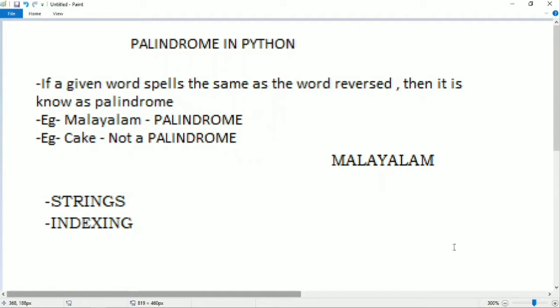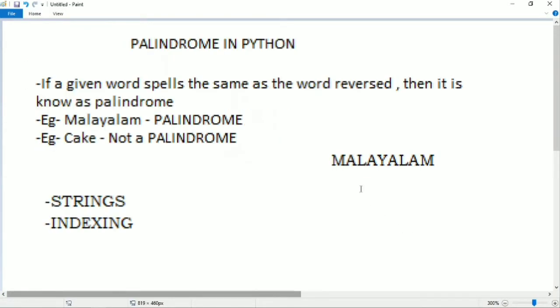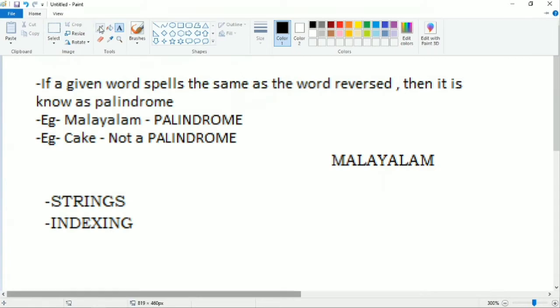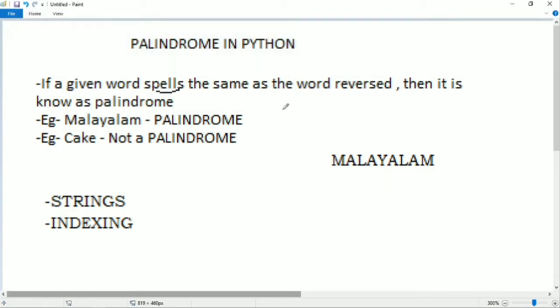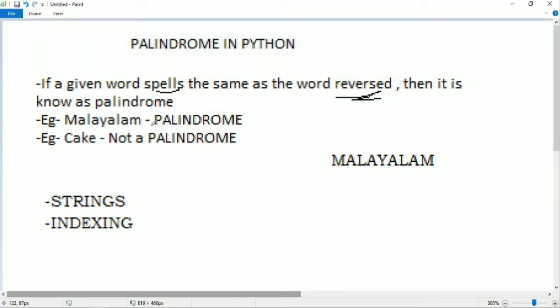So today let's talk about a palindrome statement in Python. So what's a palindrome all about? If a given word spells the same as the word reversed, then the word is a palindrome. So what does that mean? If a given word spells the same as the word reversed, so that means take an example of the word